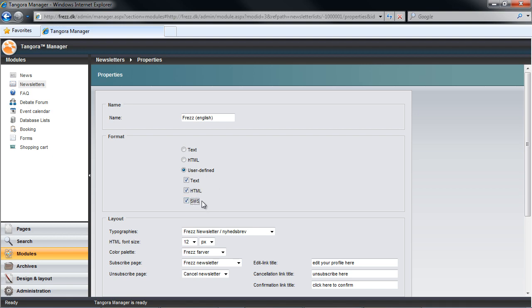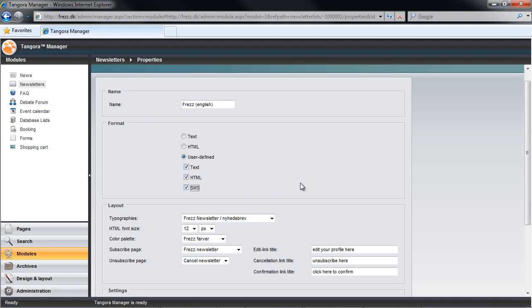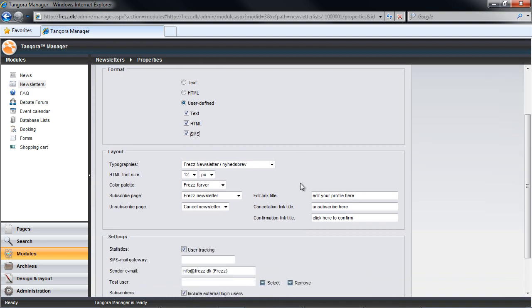There's also a format possibility here under user-defined, which is called SMS, which allows you to integrate your newsletter with text messaging on mobile phones. In order to be able to send SMS versions of your newsletter, you'll need to work together with another company that offers SMS or text messaging gateway services. I could jump down here actually and mention that if you do pursue this option, it'll be here that you'll insert the relevant gateway provider's address. If you add SMS as an option, the format will be in plain text, and you will coordinate the maximum number of characters with the SMS gateway service.